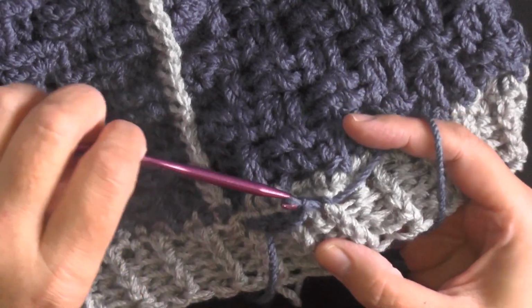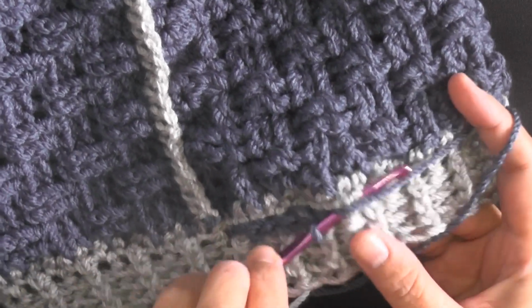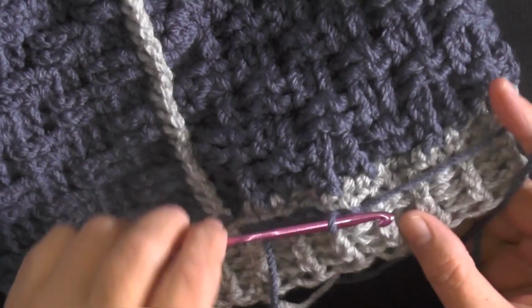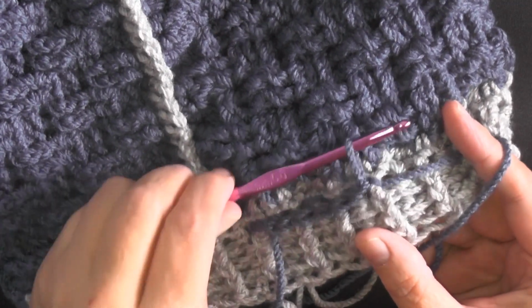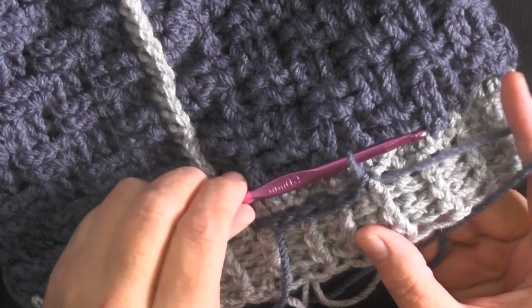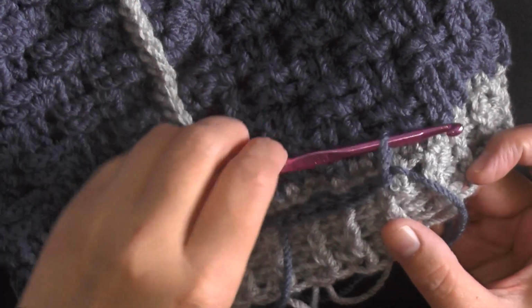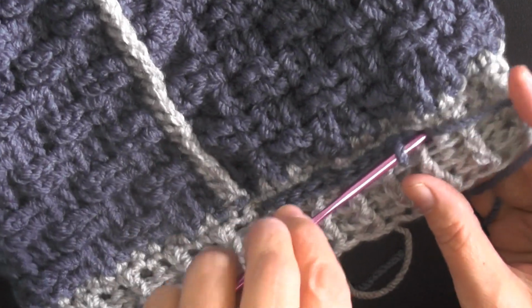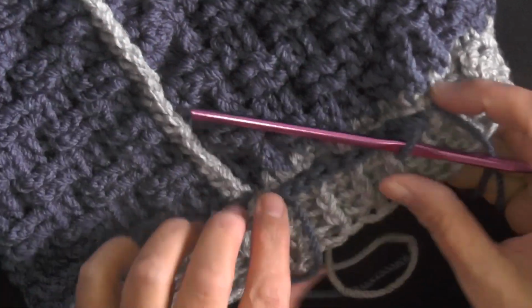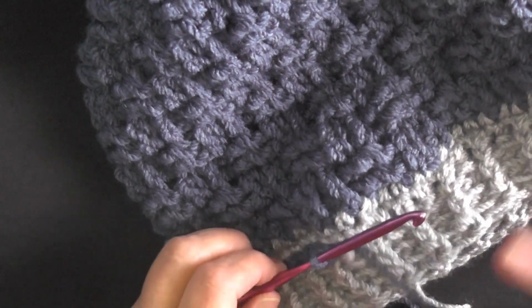Just picking up the post, and very loosely I am adding an embroidery on the top, which is basically just, I'm just doing a slip stitch. Doing it very loose. And you can loosen up your loop beforehand too. That also is a technique you can use to make sure they stay loose. Make sure your loop is loose and easier to pull through. It's okay to have a bigger loop this time to control your tightness. And you can check yourself to make sure you're staying loose. And just take your time. Go loose